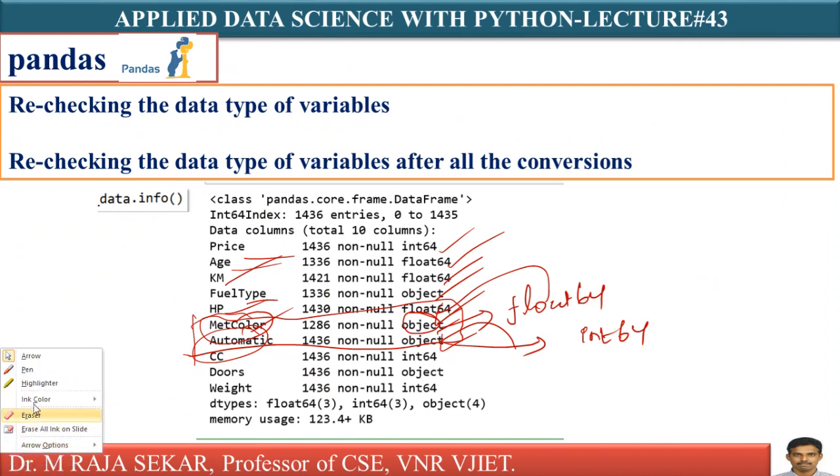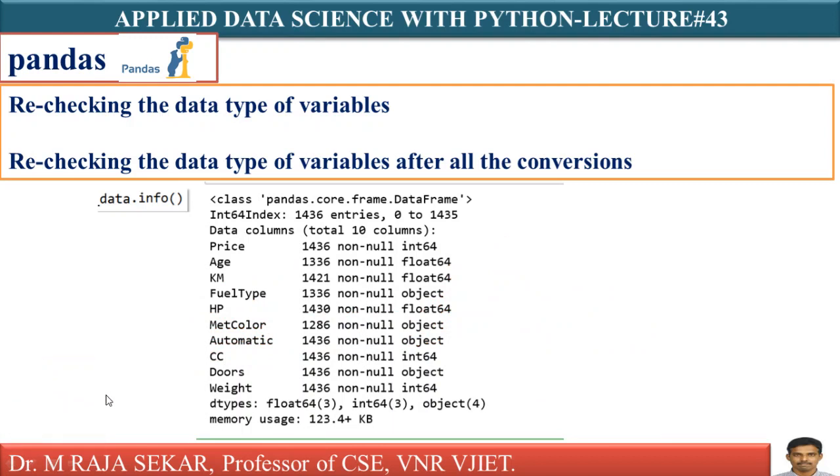We also compare, but we have not changed this one. Which one? You must be careful here. What is that? Where is that fuel type? Isn't it? Fuel type I have not changed it. Originally it was object data type. Still I kept only object data type. I never changed it, just for illustration purpose only. In my previous slide, I have shown it. But still I am continuing my discussion with this object data type only.